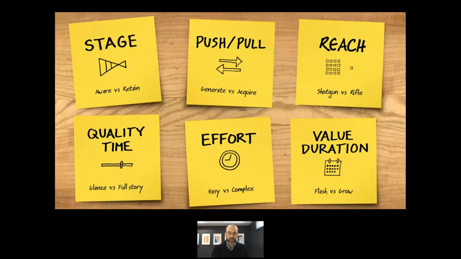And then the last factor we're going to talk about here today, and there's many more, is value duration. Are we good with a flash in the pan and renting eyeballs, or do we want maybe a slower, more organic approach and owning eyeballs? And so what we try to do is find the right mix of what is needed, and then we look at the channels, versus just shooting from the hip and saying, well, it seems like people in our industry like to use these 4 channels, let's go this way. It's also an opportunity, I think, when you evaluate on these factors, you could have a channel mix that's so wildly different than your competitors, and that's a good thing because you're going to stand out to a different set of customers versus just being in that sort of red ocean of competition, battling it out on the exact same channels that your competitors are using.